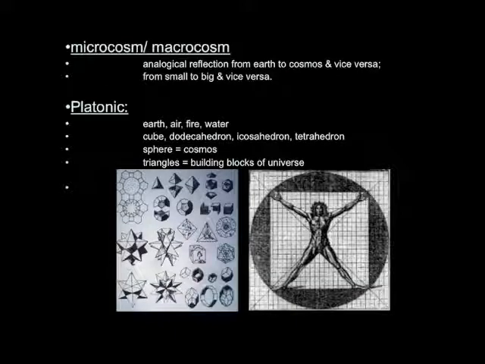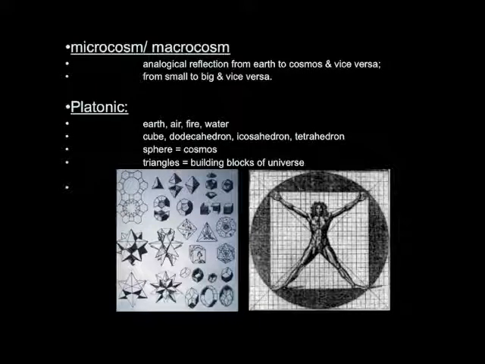Central to this whole Neoplatonic way of thinking was the idea of the microcosm and the macrocosm. And the microcosm, micro, big or small, what do you think? Small, right? The microcosm is a small world. A cosmos is a world. And the macrocosm is a big world. So you might say the most macro of all the macrocosms is the universe. And micro can get as small as you want. It could be an atom.